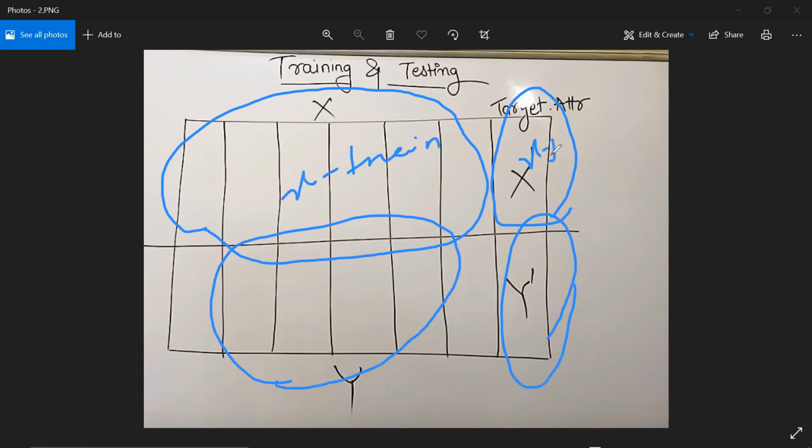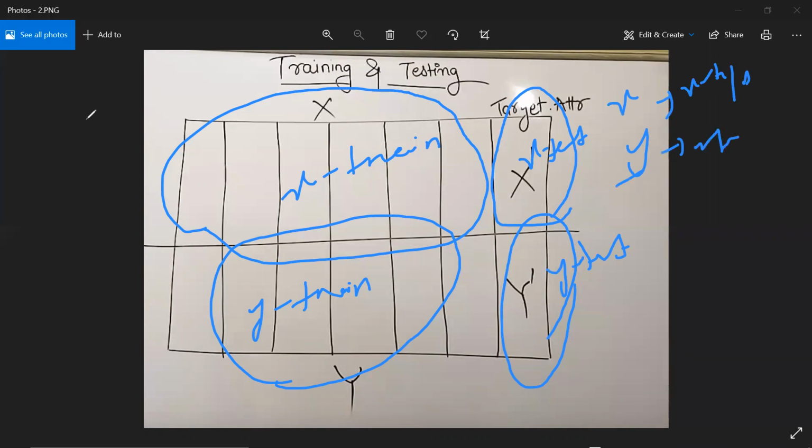This is called X test. Got it? This part is called Y train. This part is called Y test. I mean, I split the data first into independent, then dependent, right? Then X train, X test, Y train, Y test. Got it, guys? I hope you understand. Online team, is it clear till this part or not?